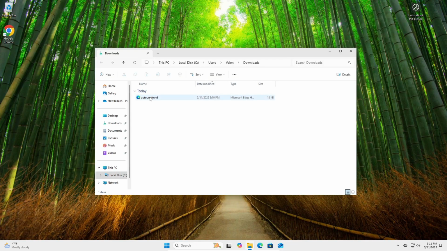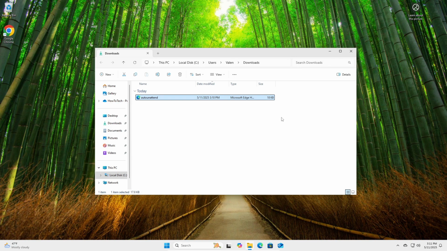Now here, make sure you have this named exactly like this, because if it's not named like this, if for example one letter is different from the name here, autounattend, then it will just not work. Make sure it's exactly the same name as you get when you download it. So now, you have to plug in your USB, then you have to create an image of Windows 11 just normally with Rufus or with